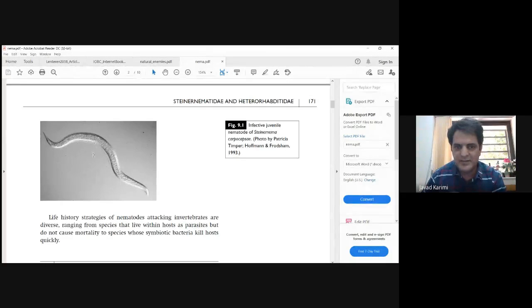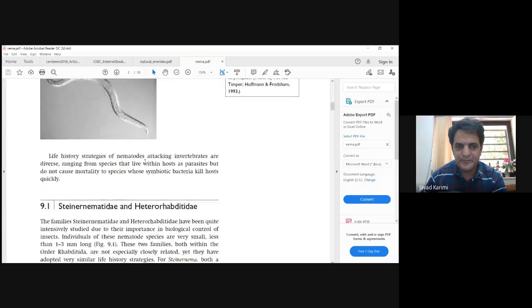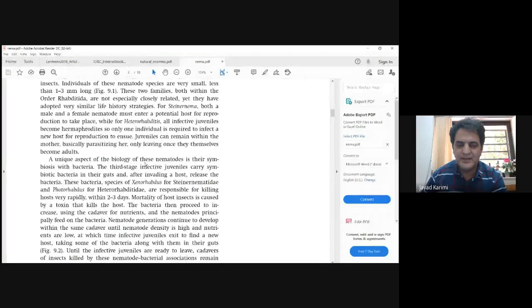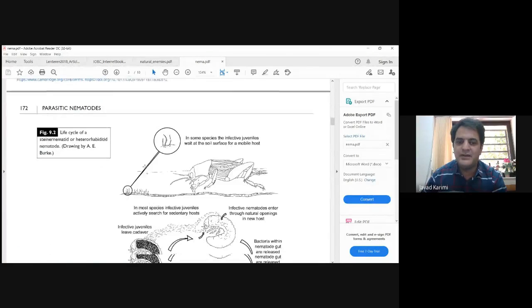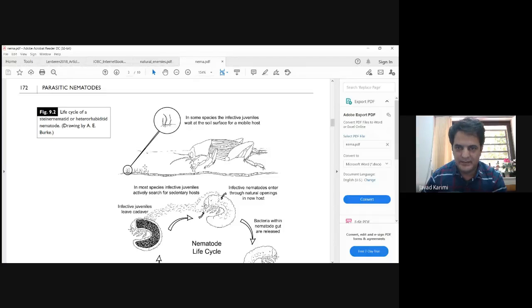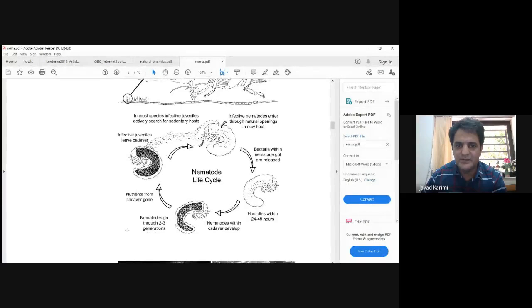The name of this nematode is Steinernema carpocapsae. This is the larva of the nematode. We can find this nematode in every part of the world. Even my student collected several species of this nematode from Iraq and published the data in a journal. You can see the cycle of the nematode here. For example, here,